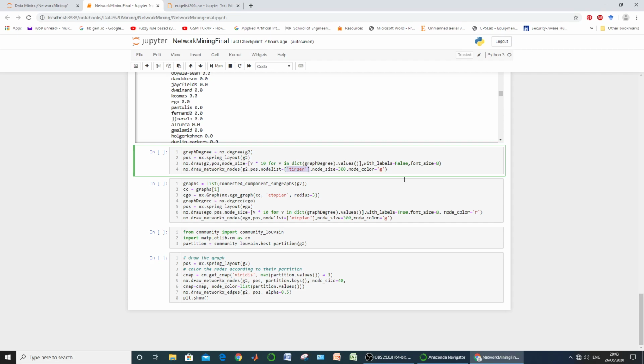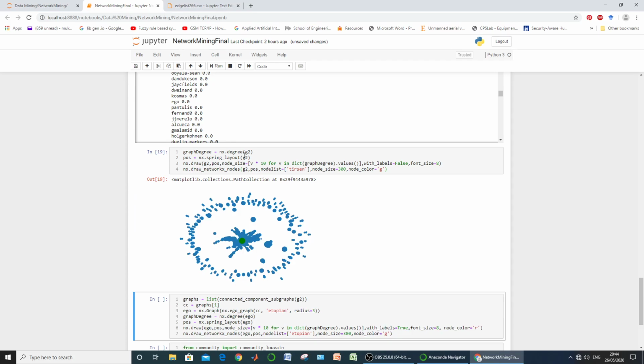If we execute this, it will draw two graphs: one with all the nodes present in G2, the other a graph containing only one node, Tierson, with its size equal to 300. So this is the overall output.